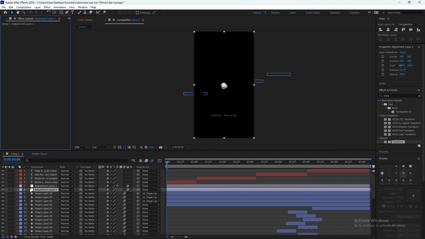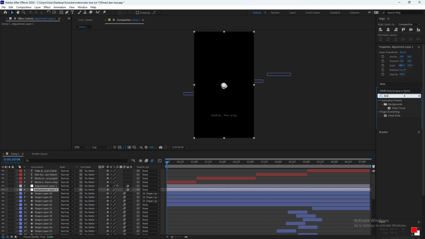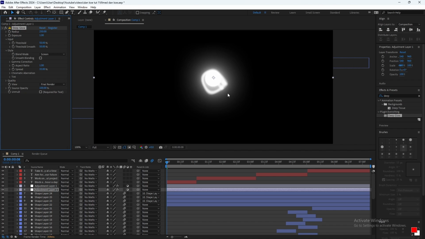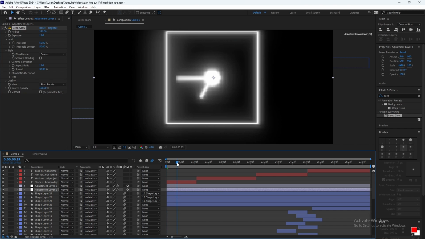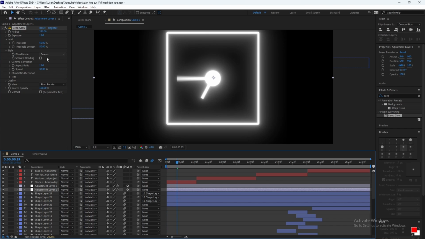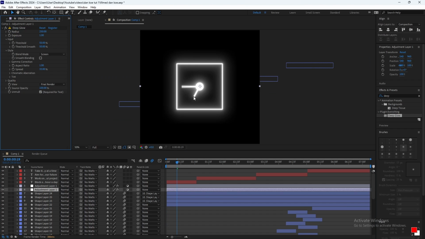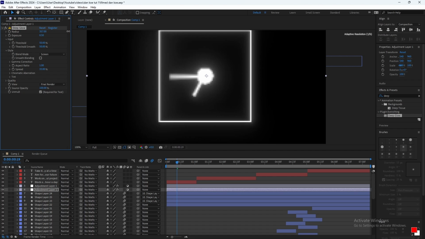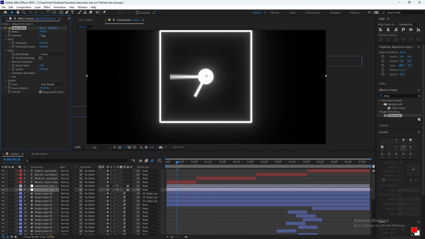an adjustment layer. I just duplicated and deleted the effect, and just add deep glow. I like my deep glow to be, first of all, click here, and it's way too much exposure, and the radius will make it bigger.